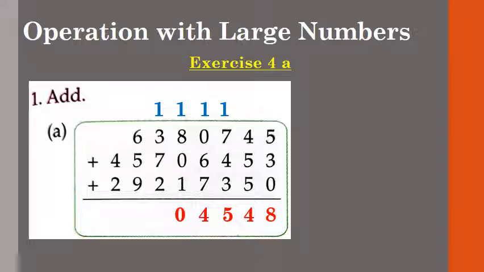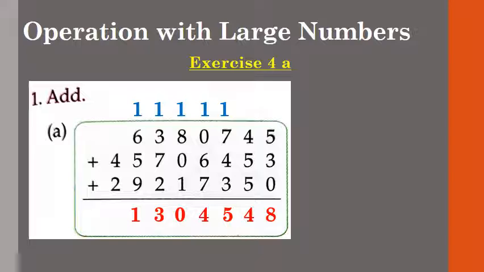So now at lakh place we will add this 1 along with the digit 3 plus 7 plus 2, and what do we get? We get number 13. And so we will write 3 of 13 at the lakh place and 1 will get carried to the 10 lakh place. Clear? So now we will add this one along with the digit at 10 lakh place, which is 6 plus 5 plus 9 plus 1, and which is equal to